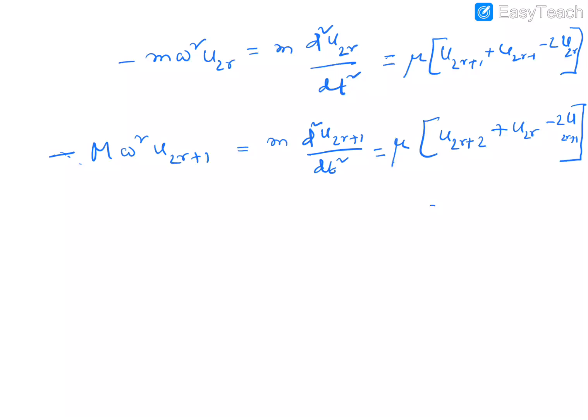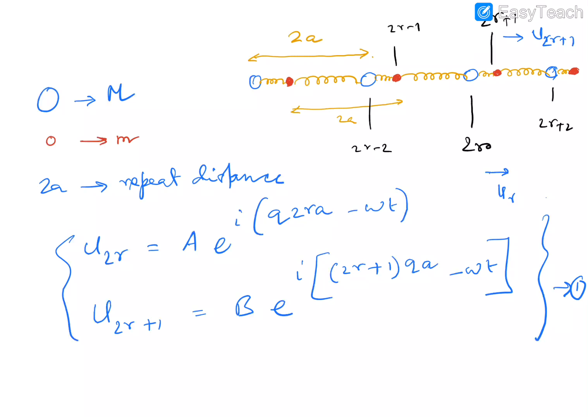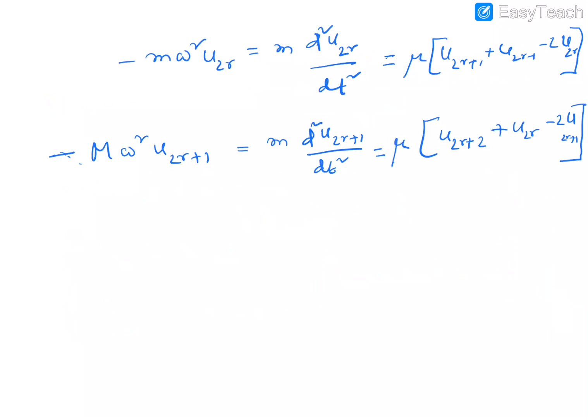So what we did here is basically the force and displacement equation which we have written. We have taken the double derivative from here, and considered it with the force equation, where we have taken the mass and acceleration from the displacement. So this is what we have done earlier. Now we are writing it for the two different atoms. Two different atoms are displaced in a different way, so therefore we are writing the two equations. And